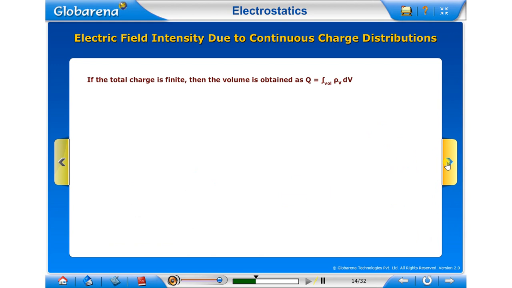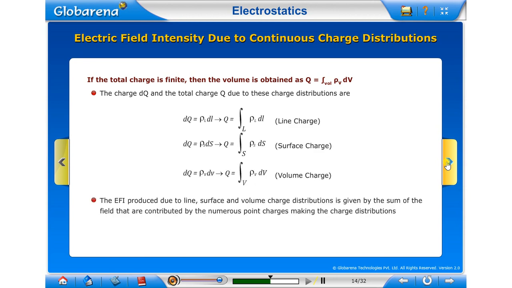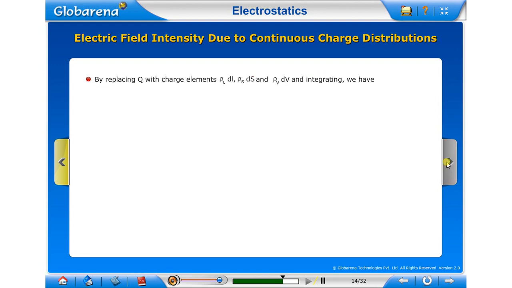If the total charge is found, then it is obtained as Q = integral over volume of rho V dV. The charge dQ and the total charge Q due to these distributions are given. The EFI produced due to line, surface and volume charge distributions is given by the sum of the fields contributed by the numerous point charges making up the charge distributions. By replacing Q with charge elements rho L dl, rho S dS and rho V dV and integrating, we have